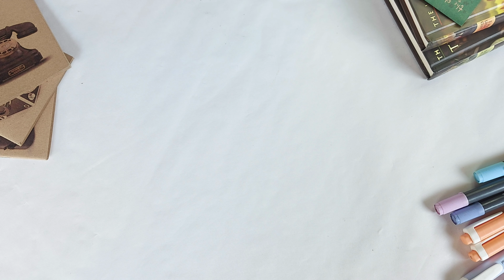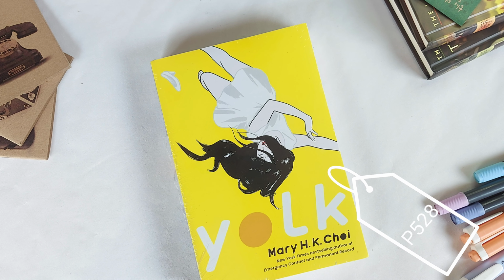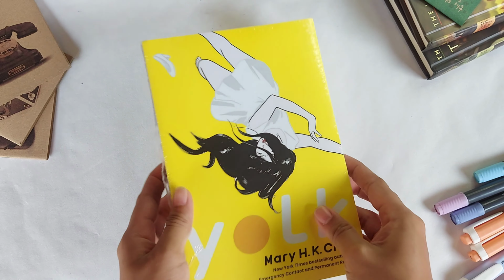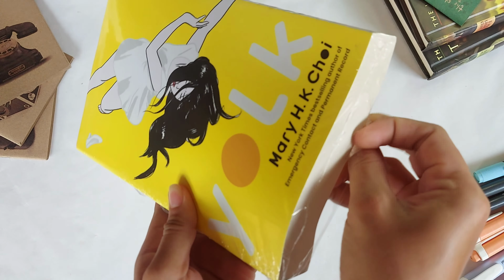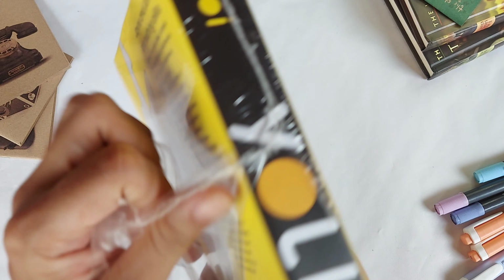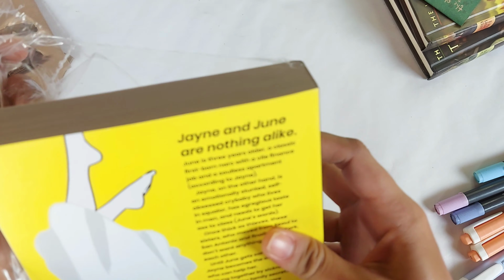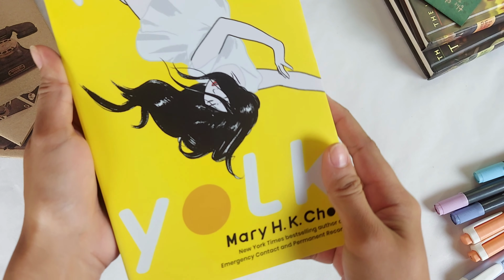Okay, first up we have Yolk. This one I bought for 528 pesos. Now this book talks about two sisters named Jane and June. These girls moved to New York together, but then suddenly they had this falling out, this stage in their lives where the closeness and the sisterly relationship just stopped, and from there suddenly they don't want anything to do